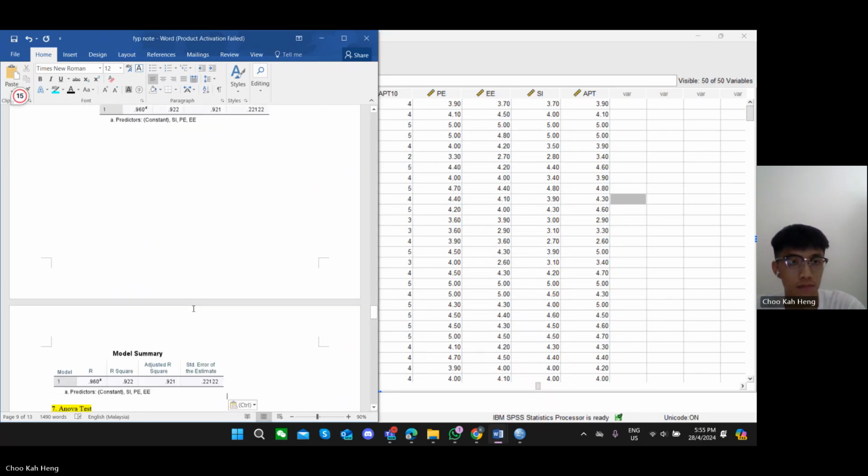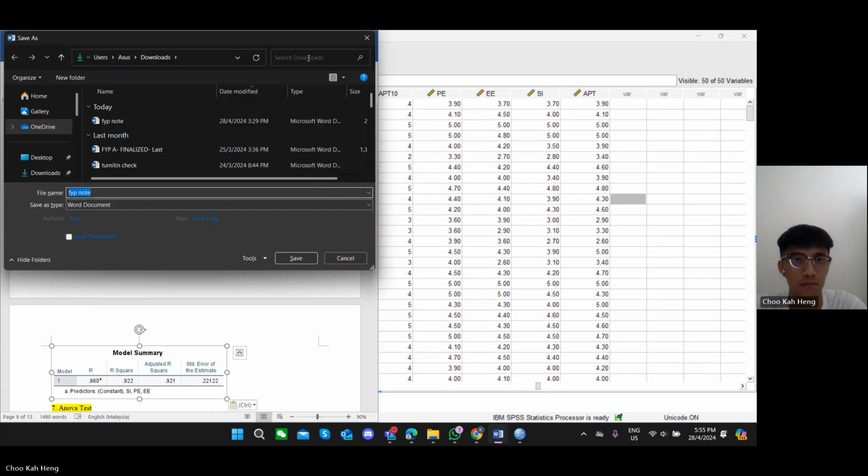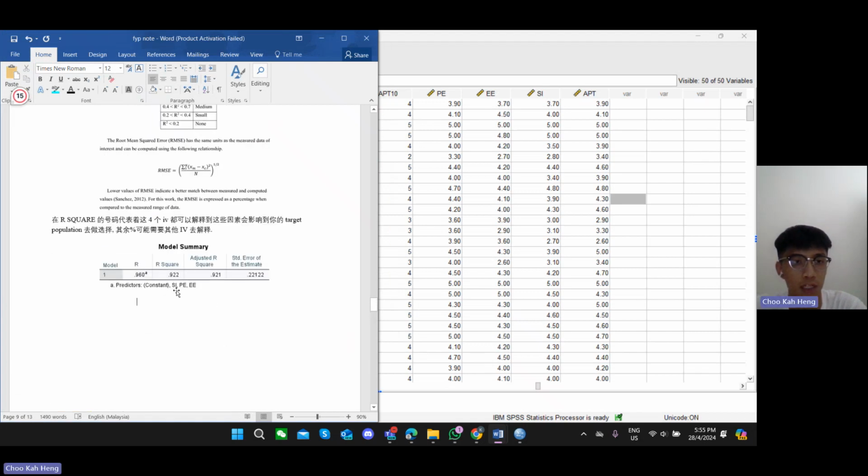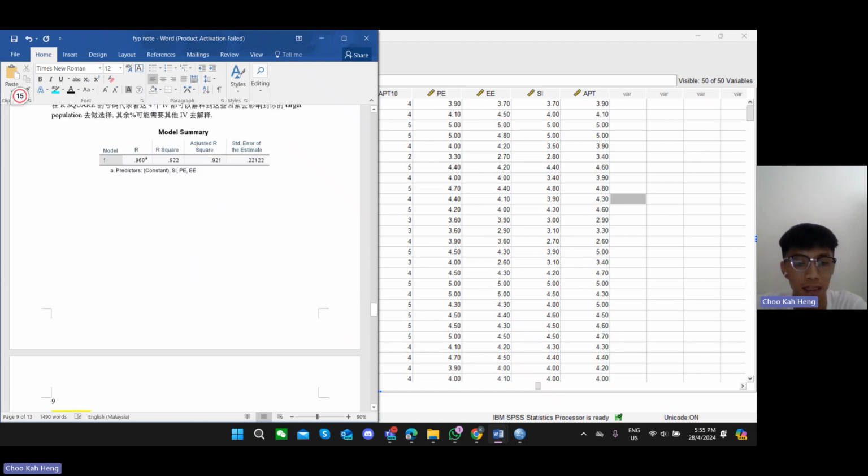This is the value. What does this value mean? The R-square model is actually a summary of these variables, to see whether these three variables can explain the dependent variable. So we focus on the R-square. The value is 0.922. If we convert to percentage, it means that